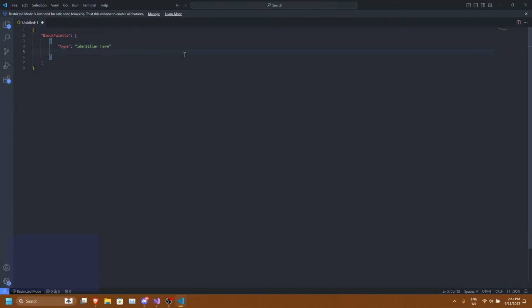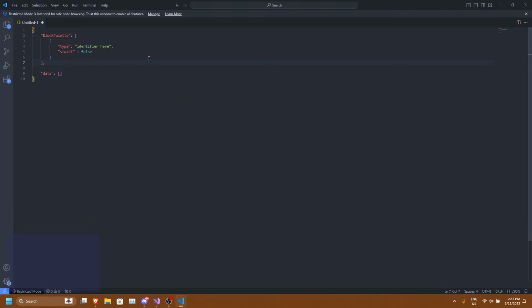And then it would have all of its states. So this would have its state 1, and then it would have like a 0 or 5. It could be a true or false, whatever it could be. And then in the actual chunk data, it would actually be